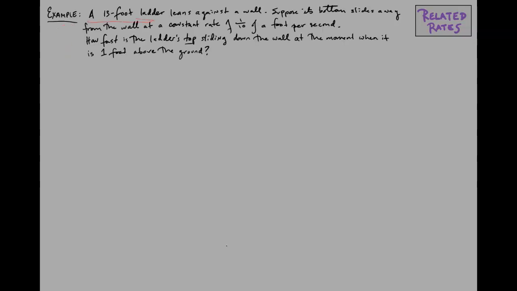A 13-foot ladder leans against a wall. Suppose that its bottom slides away from the wall at a constant rate of 1/10 of a foot per second. How fast is the ladder's top sliding down the wall at the moment when it is 1 foot above the ground? Well, as I advised you when we were doing optimization problems, the first thing you need to do is